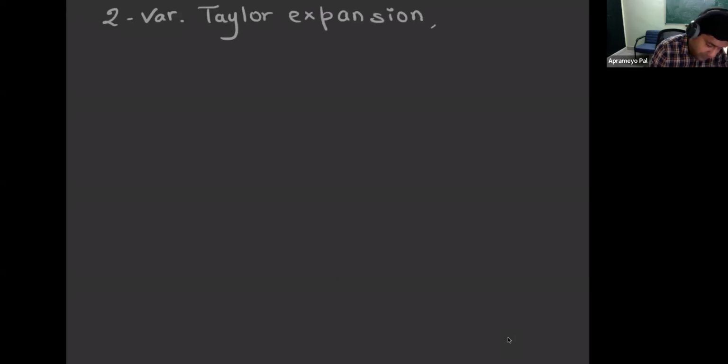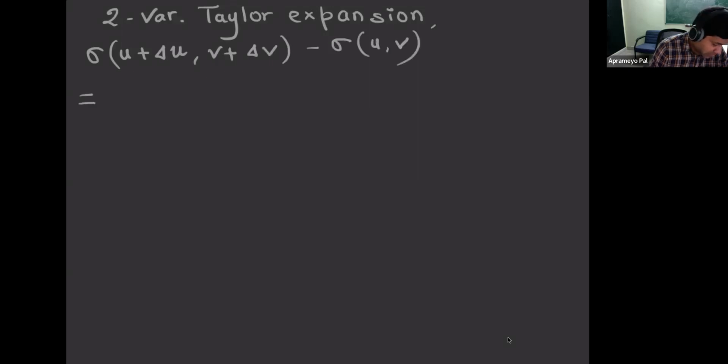So this would give sigma(u + delta u, v + delta v) minus sigma(u,v) is sigma_u delta u plus sigma_v delta v, plus half